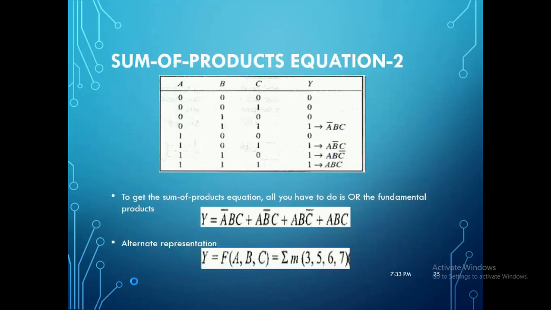So take one more example here. A, B, C is the input, Y is the output. We consider A, B, C as the input and Y as the output. So here you have 0, 0, 0 as the input to the AND gate. You get Y output as 0. Next you have A, B as the input 0, 0 and C input is 1, Y is 0. So they have represented some of the outputs of AND gate.